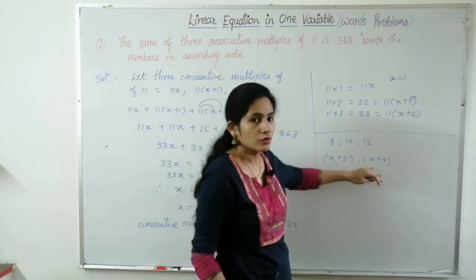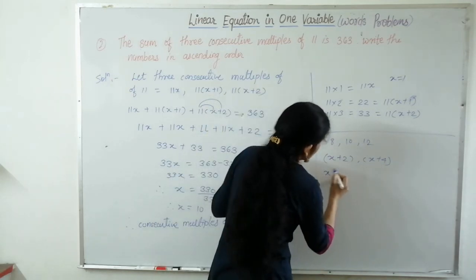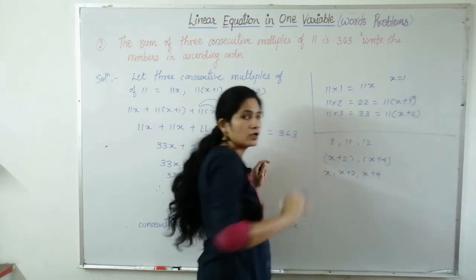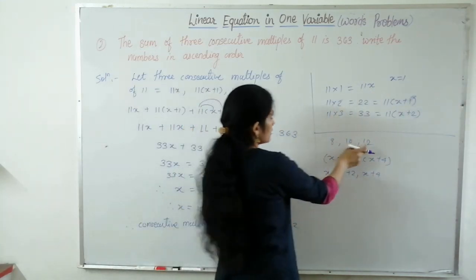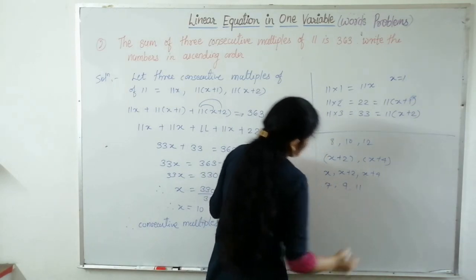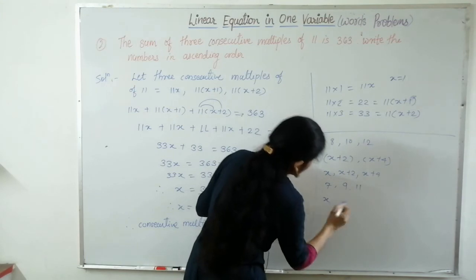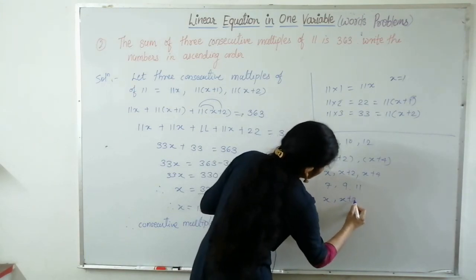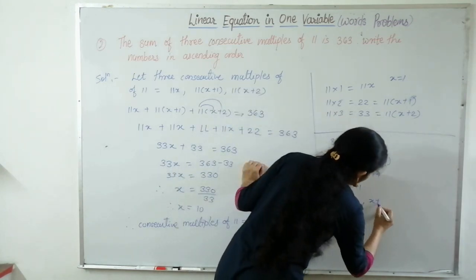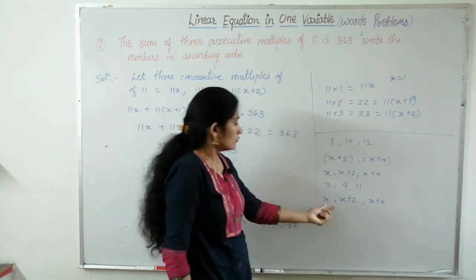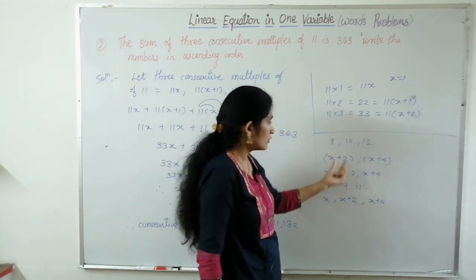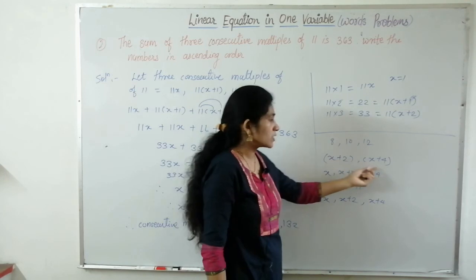So there is a difference of 2. So if you take the first number x, the second you can take x plus 2, third x plus 4, and x plus 6 and so on. Okay, so this is for even numbers. For odd numbers 7, 9, 11, if you take x as 7, then 9 you can write as x plus 2, and 11 as x plus 4. See, now when you take in terms of x, it is the same: x plus 2, x plus 4, like how we have taken for even numbers.